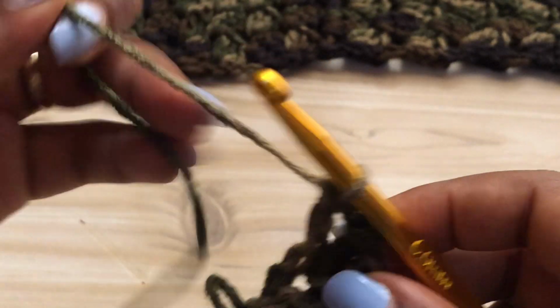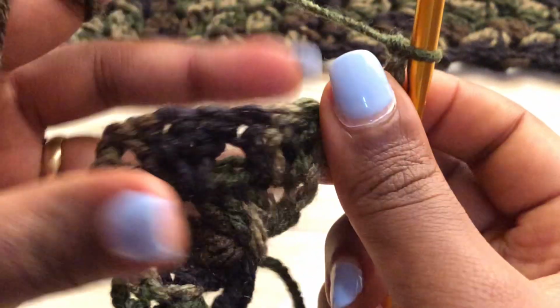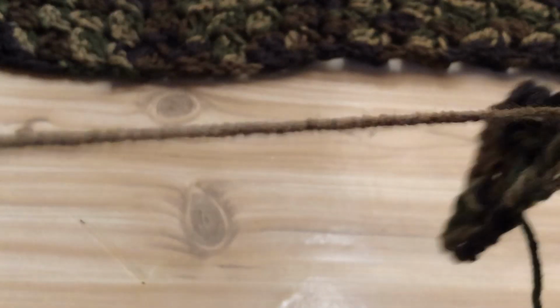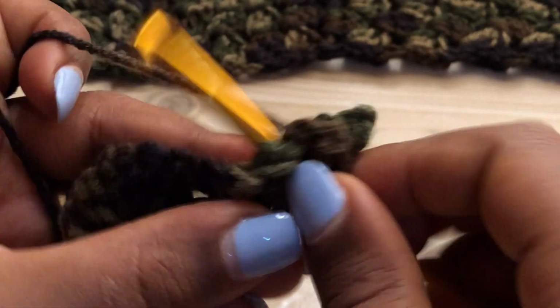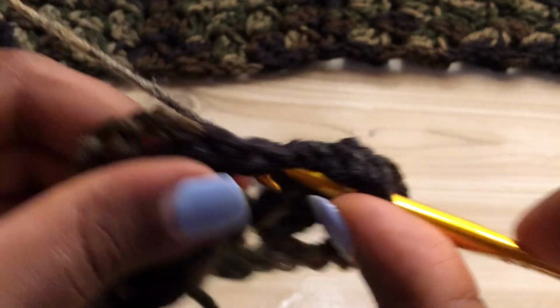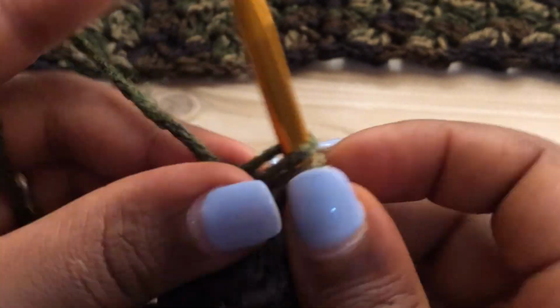So for row 3, you're going to chain 4 and turn your work. And into the first chain 1 space here, you're going to place the 3 double crochets. Then you're going to skip 3 and make 3 double crochets into the next space. Yarn over, skip 3, make 3 double crochets into the next chain 2 space,